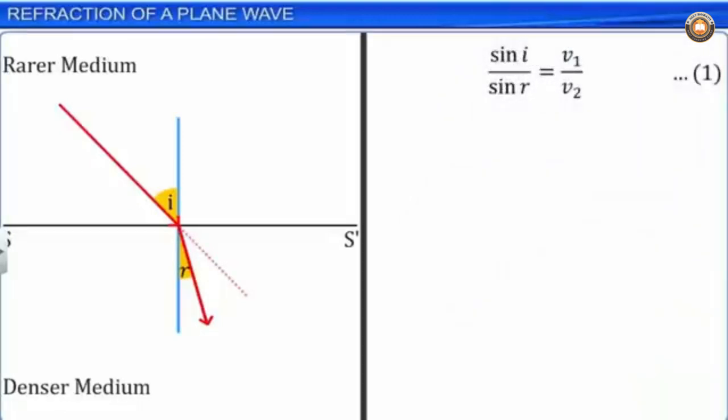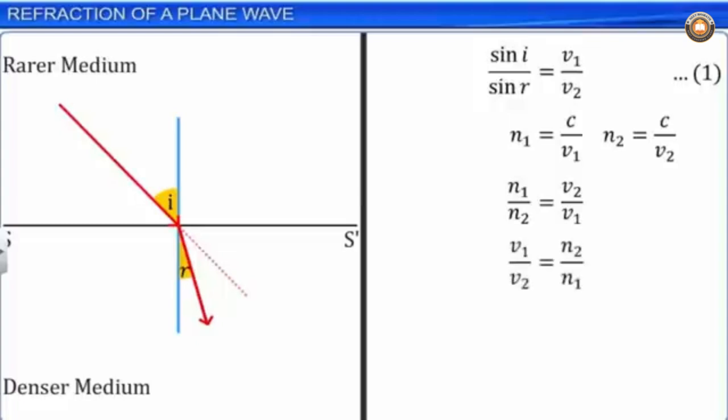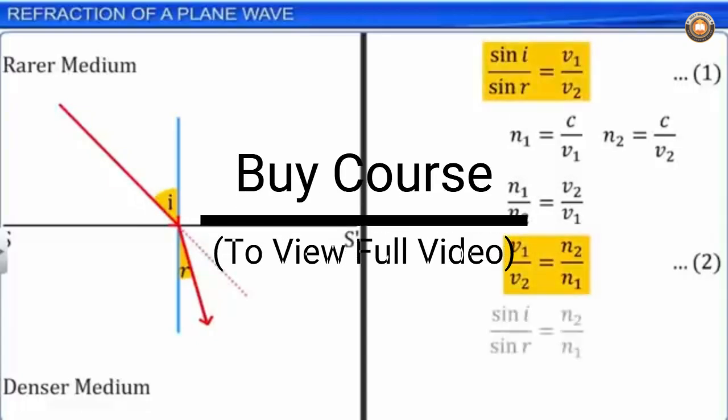If c is the speed of light in vacuum, then the refractive index of medium 1, N1, is equal to c by V1, and the refractive index of medium 2, N2, is equal to c by V2. Therefore, N1 by N2 is equal to V2 by V1, which can also be written as V1 by V2 equal to N2 by N1. Let this be equation 2. From equations 1 and 2, we can write sin I by sin R is